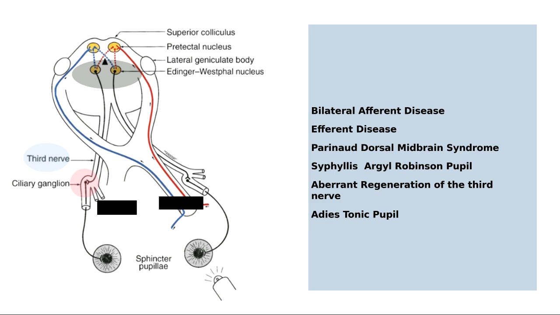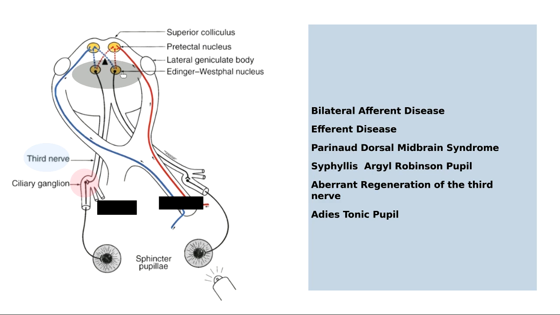We said that some of the causes for your light near dissociation may be afferent or efferent. So your afferent pathway is going to affect bilaterally both eyes, and we said stuff like your central retinal vein occlusion, central retinal artery occlusion, your retinal detachment, etc. Remember, I said your efferent pathway is going to start at your Edinger-Westphal nucleus. All right. So we have